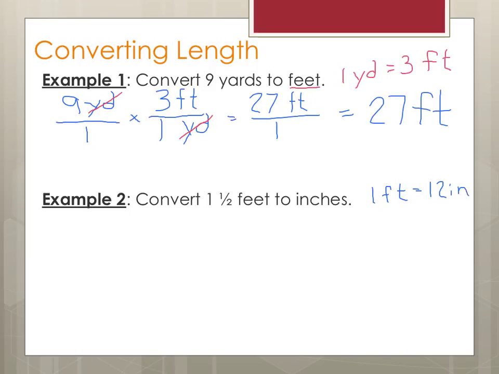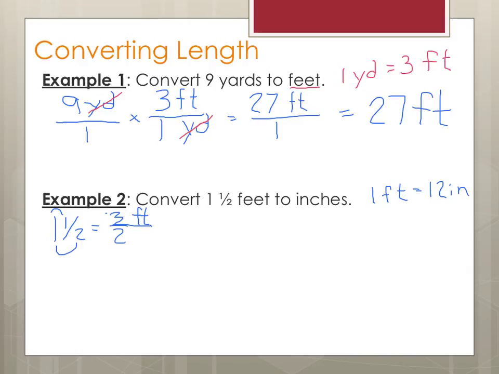Great. Now we need to express this mixed number as an improper fraction. Okay, remember we're going to multiply 1 times 2 and then add the 1 over here, so we'll get this is equal to 3 halves. Okay, so the 3's on the top of our fraction, the 2's on the bottom, but we want to make sure our original unit, the feet, is going to stay on top. Okay, so 1.5 feet is the same as 3 halves feet,